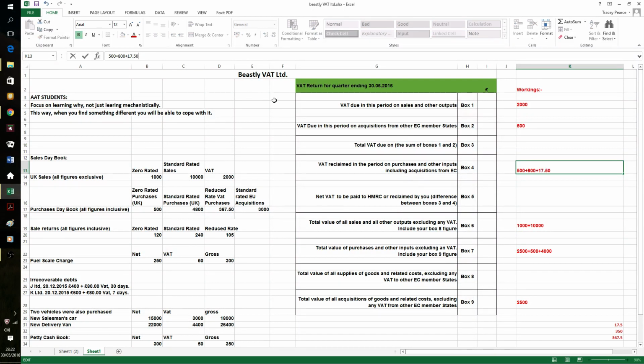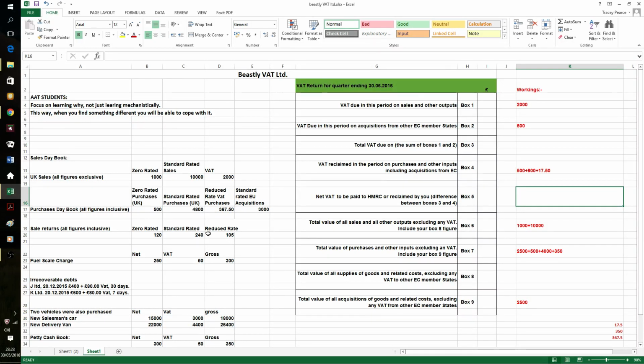So that's going to go in my box 4, and as an input I've got the 350 to be claimed back. So that's all my purchases dealt with. Now for my sales returns, so plenty of room for errors here. Zero rated, so it's 120 plus nothing. 240, noting that it's inclusive, 200 plus VAT, and 105, to save any more complicated maths, is 100 plus £5